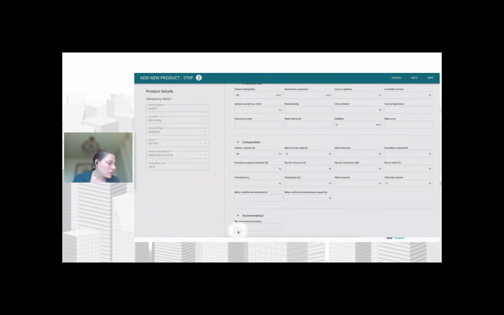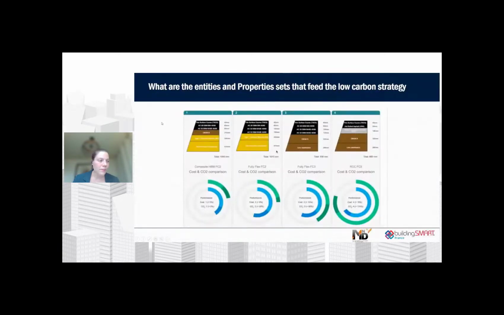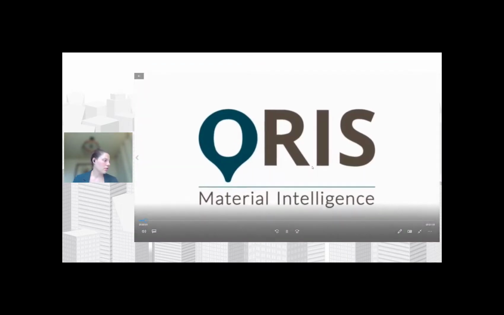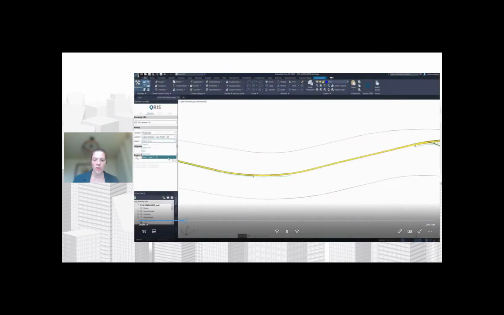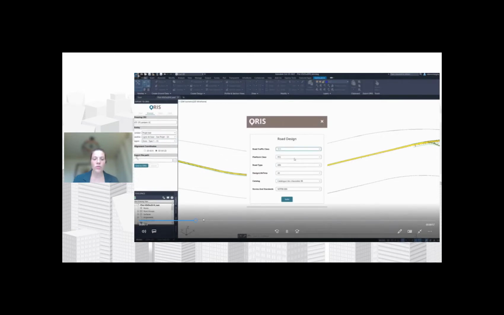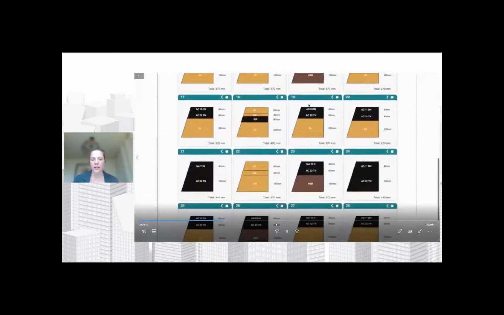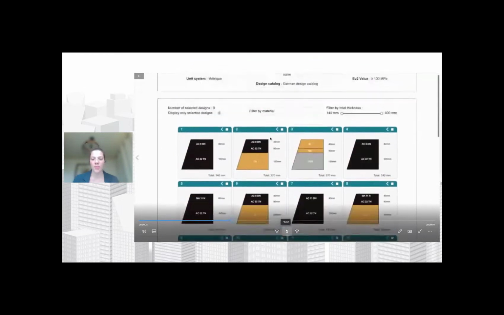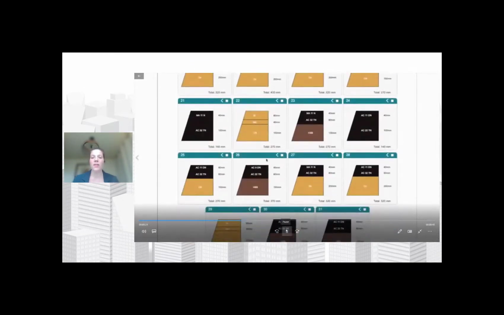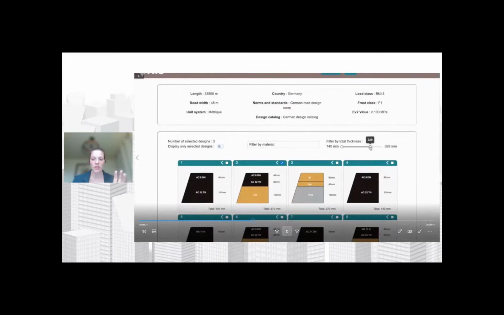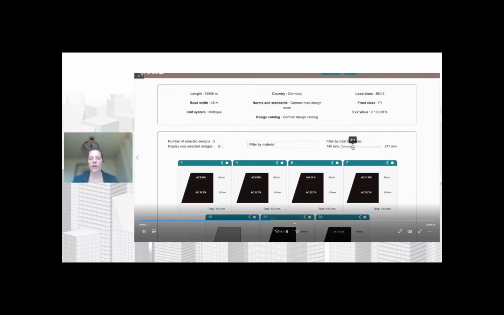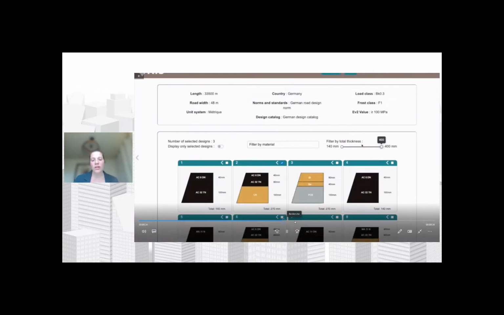I will try to show you it for real. Yes, so this one. Can you? Yeah, I see the return. Okay, it's good. So here you got a road, and you will build some pavement on this road, and you can see that you have many possibilities to build this pavement, and you want to choose only some of them to compare them in an environmental and responsible way of doing.